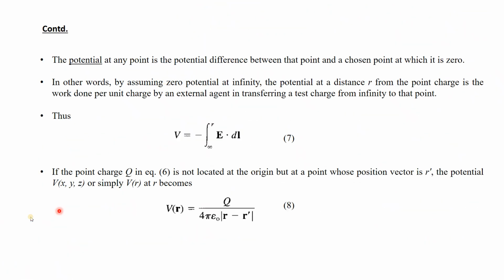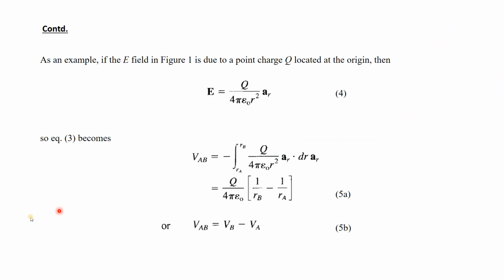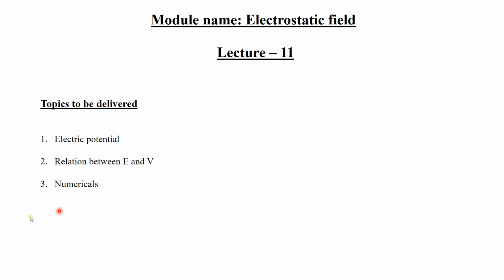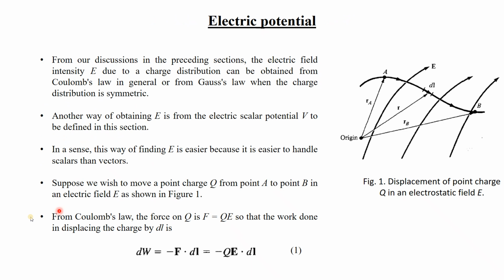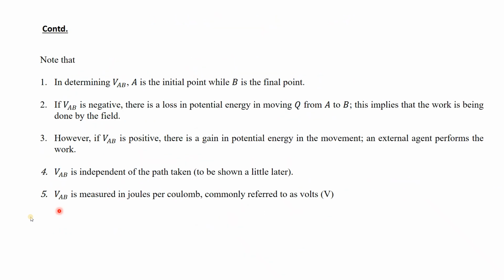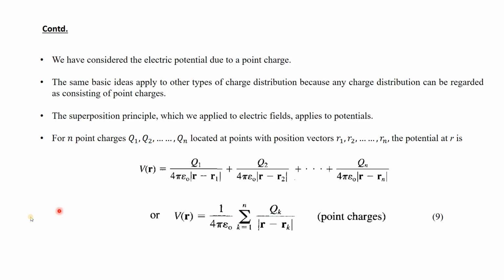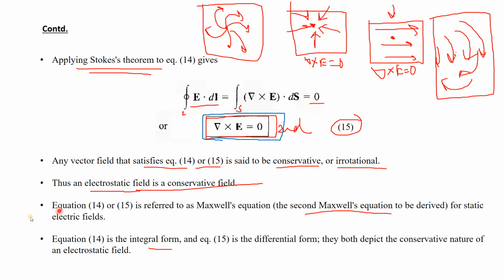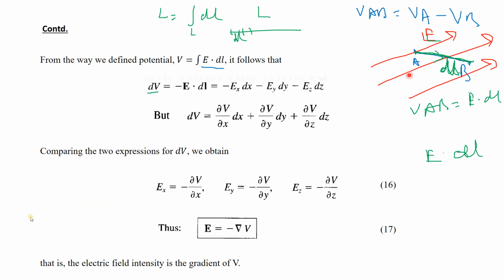Now there is a minus sign, as we know. Okay. From here we have originated that, because if you can remember, the minus sign was there because you are actually applying a force from an external source. If there is an electric field present and the charge is moving from A to B, and the electric field is helping it, then it will be positive.